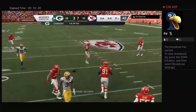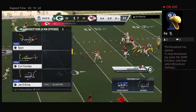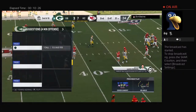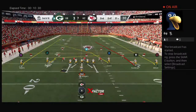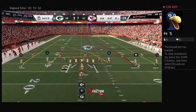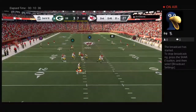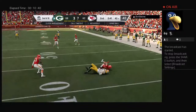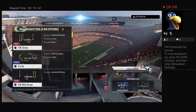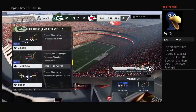Now, meanwhile, a pass that should have been intercepted, but it winds up falling incomplete. He was looking for his running back, Jamal Williams. But now it's 3rd down. Now they face a 3rd and 10 after back-to-back incompletions. Shotgun now for Rodgers. And he finds Jimmy Graham. The Packers going to use one of their timeouts as they'll stop it with just over 40 seconds to go